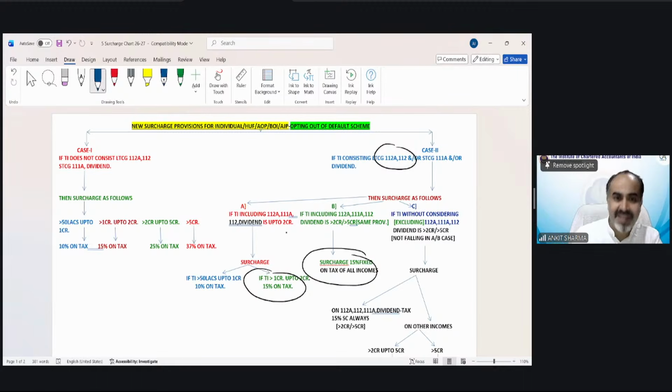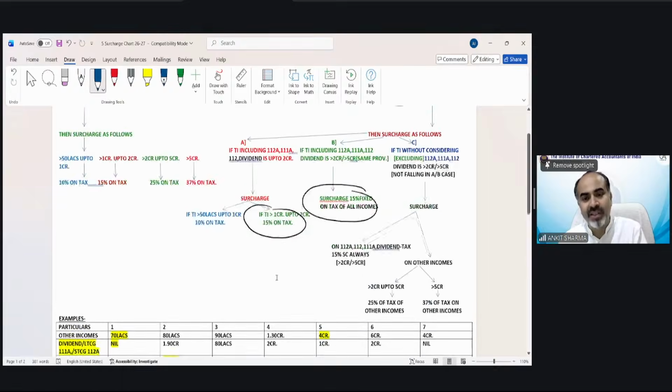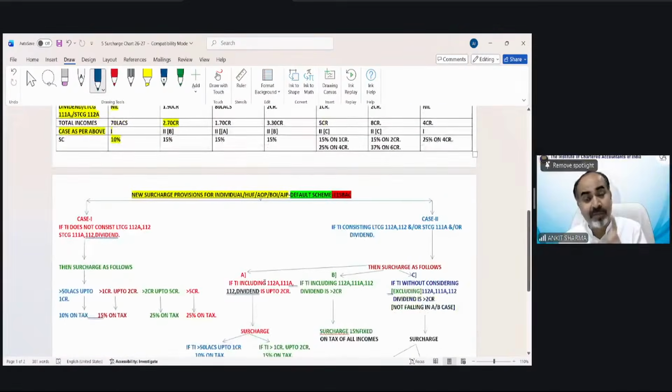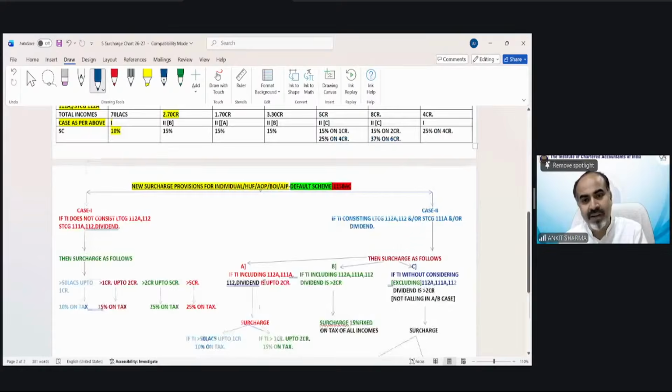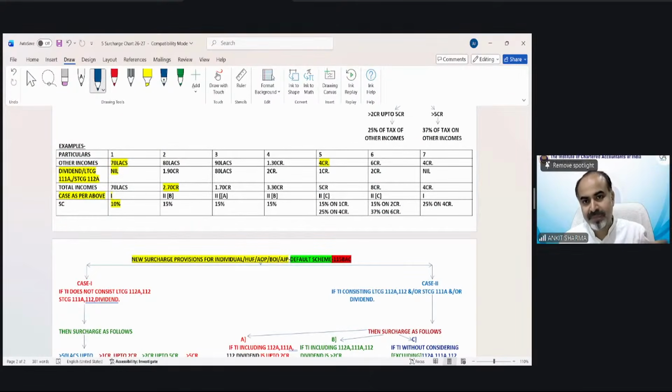I will discuss it, because first of all we have to understand the rebate concept. It will be discussed. Do not worry, I will cover each and everything. Nothing is going to be left. We just focused on the rebate concept right now and the basic surcharge rate, which is on normal income. On a special rate of income, surcharge would change. There are also examples for both cases, default tax regime, etc. So we will discuss it. Okay, sir.